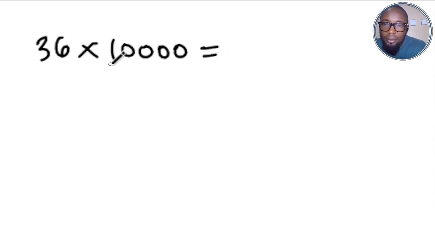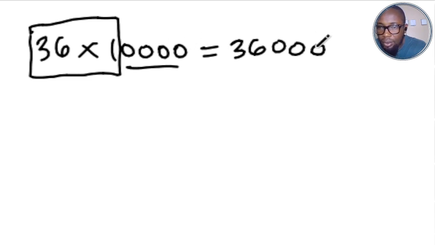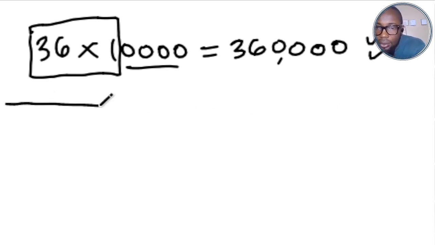Just do this. Focus on 36 times 1. 36 times 1 is 36. Transfer all the zeros to the answer. There are 4 zeros. Just put them, 1, 2, 3, 4. And you have 360,000. This is an easy life. This is smart life compared to